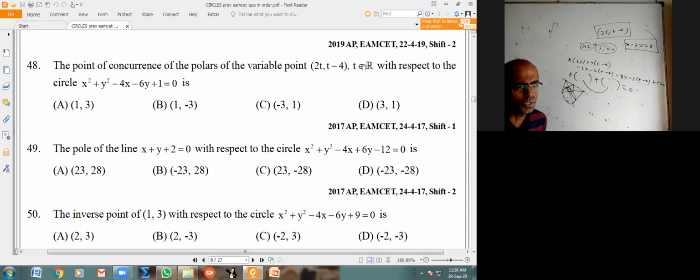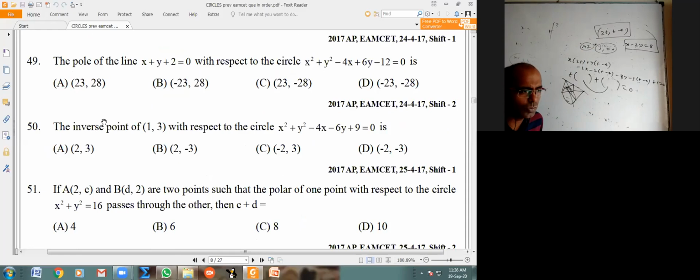So we discussed 3 methods. One is to find the locus of the given point, which is a line, and find the pole of that. Otherwise, simply do S1 equal to 0 and substitute all the options in that. Or take S1 equal to 0 and split it wherever t is there and wherever t is not there. It represents a family of concurrent lines. You can find the point of concurrence. 49, any doubt?